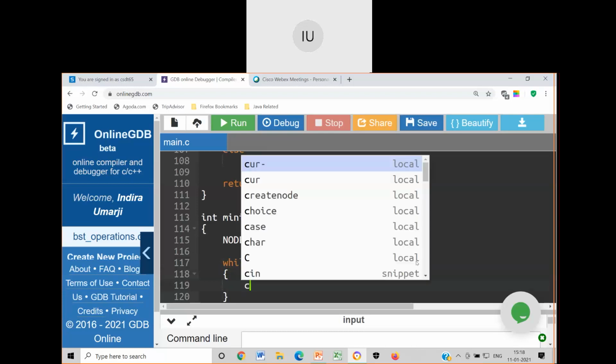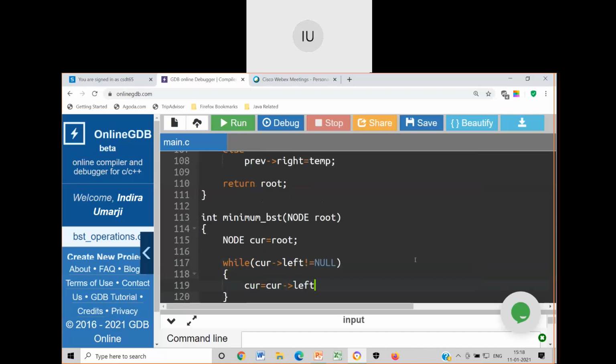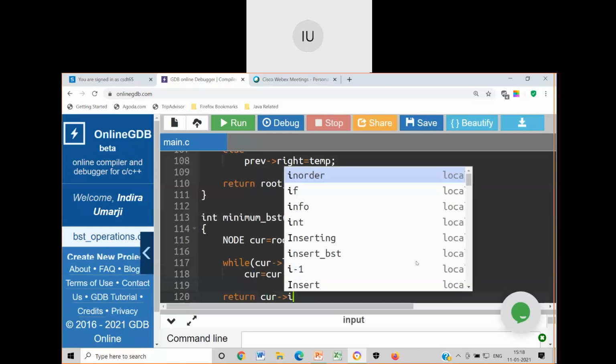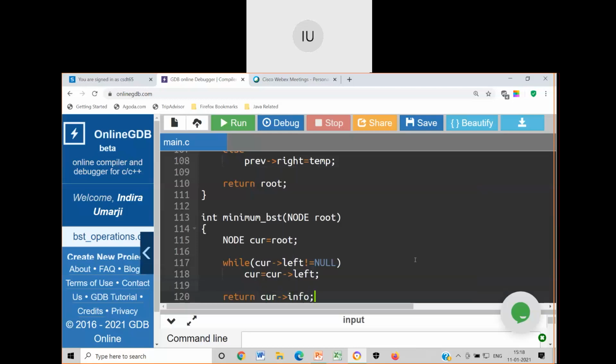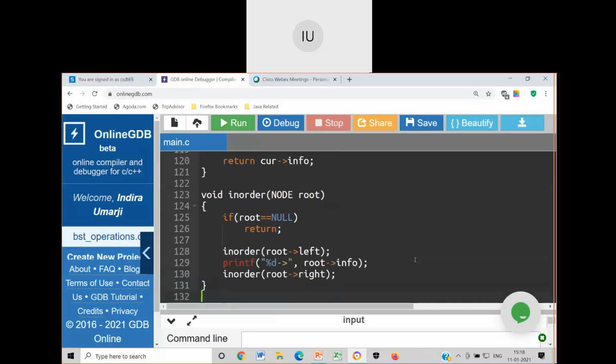Until that point, I do current is equal to current arrow left. Nothing else. Just go on moving the current pointer so that it reaches the last node. Then return current arrow info. This element that I'm returning will be the minimum element of the whole BST.